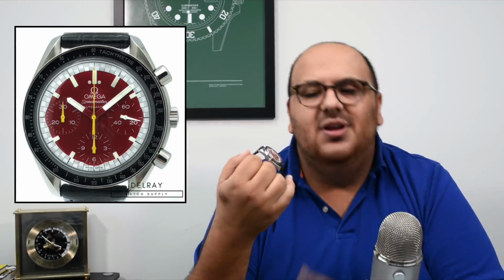This right here is very interesting. It's 39 millimeters. It looks just like a Speedy Professional, but of course it's automatic and it's smaller. Not to mention this one has a colorful dial with the red dial, the yellow second hand, and that really cool kind of railroad track hour and minute markers on the outside. Once again, I wish I could wear it, a little small for my wrist, but